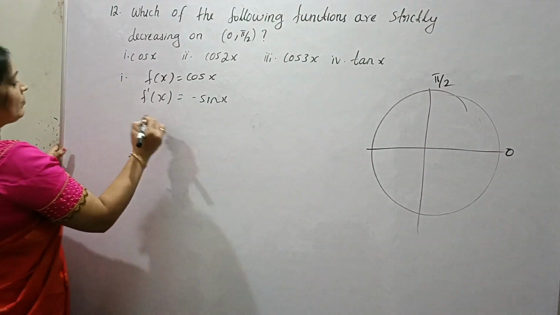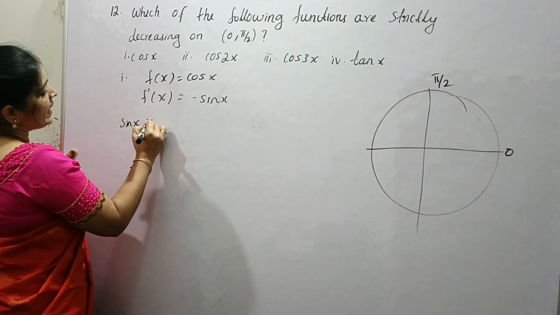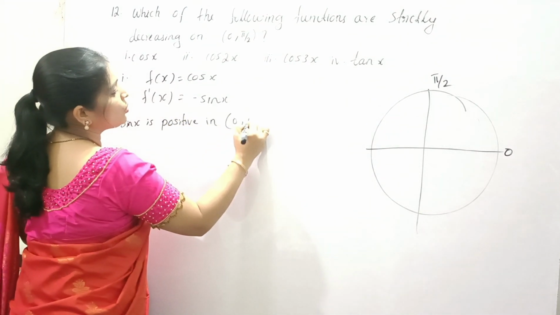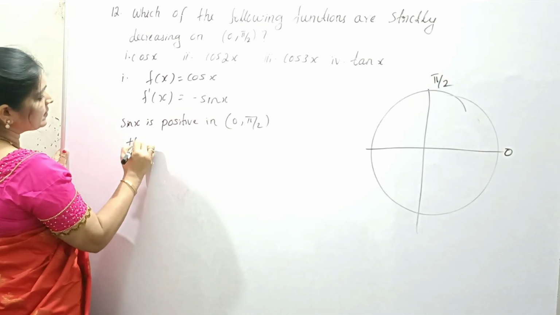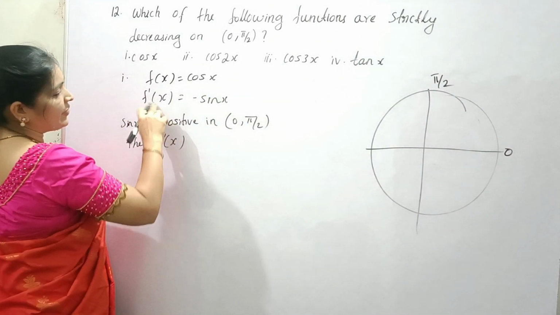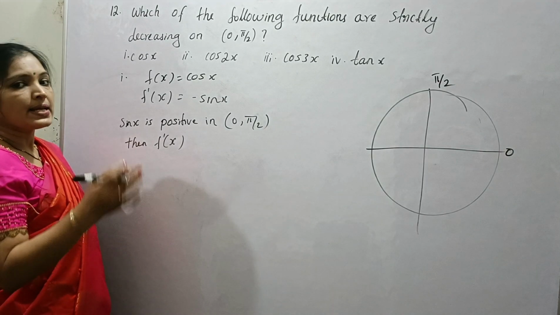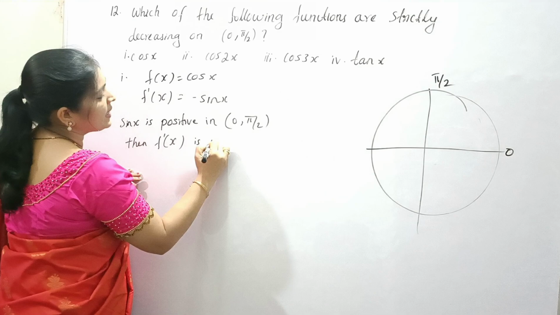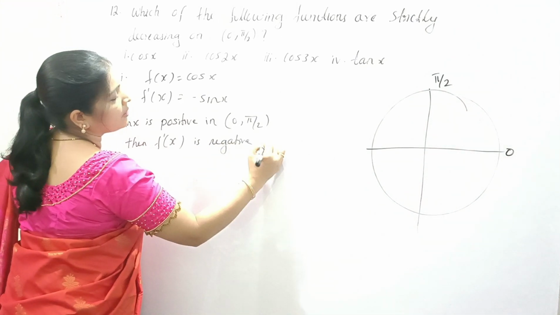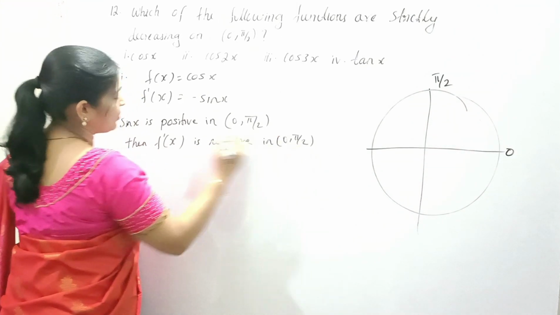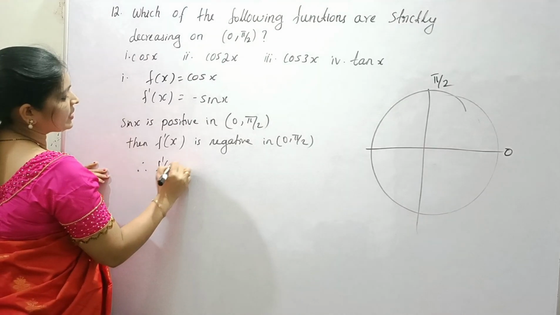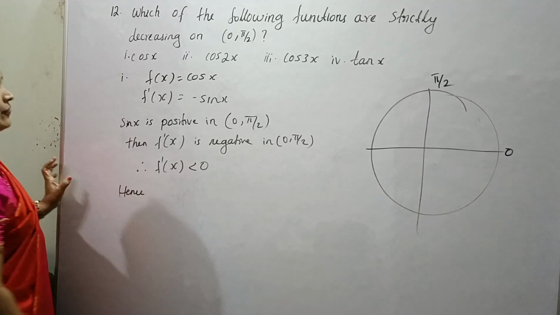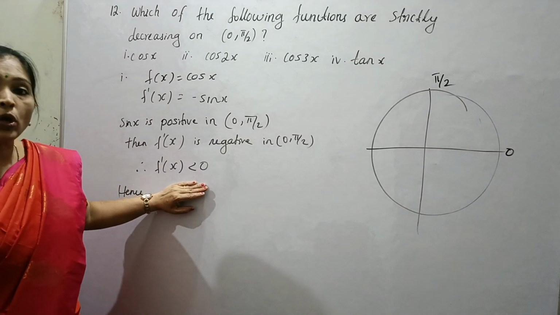So here we can write sin x is positive in 0 to pi by 2. Then f dash of x is nothing but minus sin x. Sin x is positive, so minus sin x is negative. Therefore, f dash of x is negative in 0 to pi by 2. Therefore, f dash of x is less than 0. Hence, we have got f dash of x less than 0,